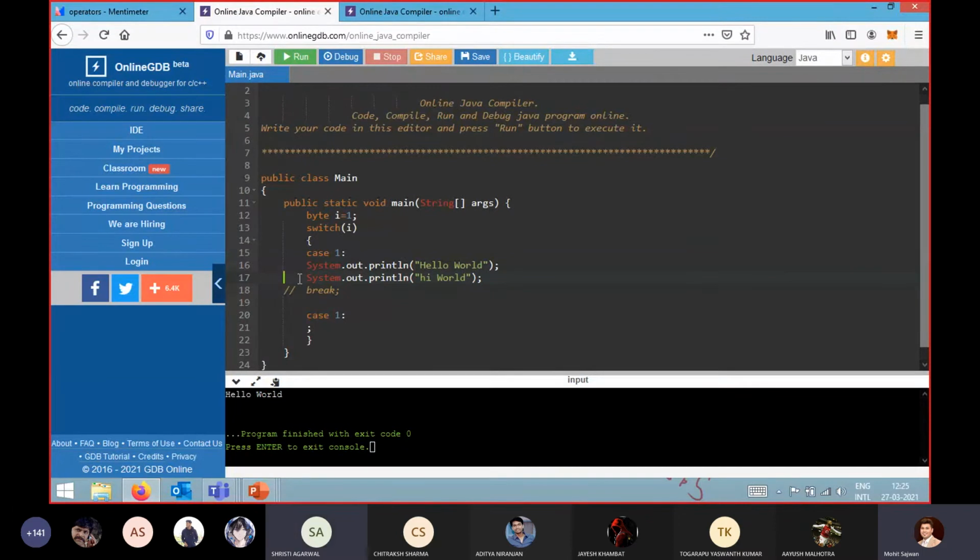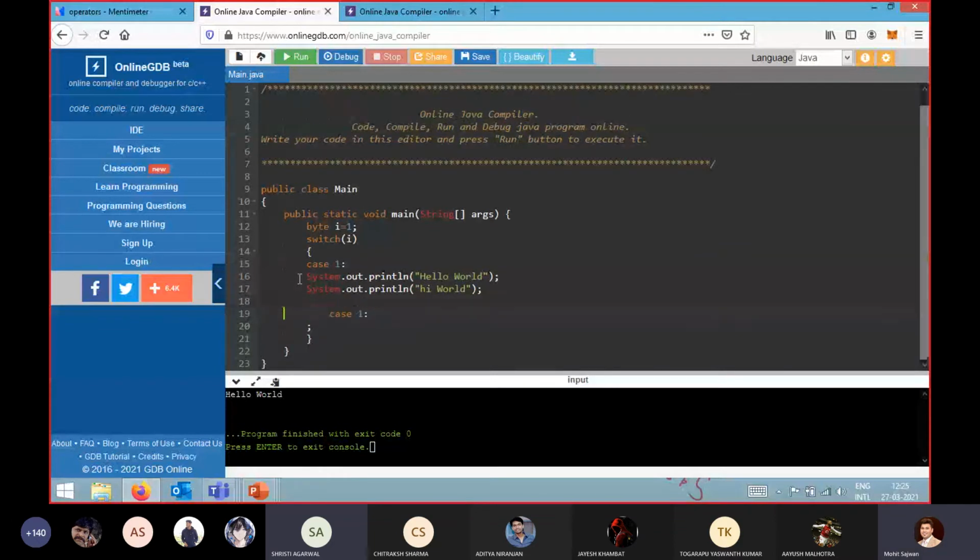Yes. If case one is satisfied and we have not put a break statement, then for the remaining cases below, i was not equal to 2, so why did it print the statement? That is why, that is the issue with, not the issue, but you will see the functionality of it. Sometimes we want that if any one of the conditions is satisfied, then whatever statements come after that particular statement, we just want to execute those statements, okay.